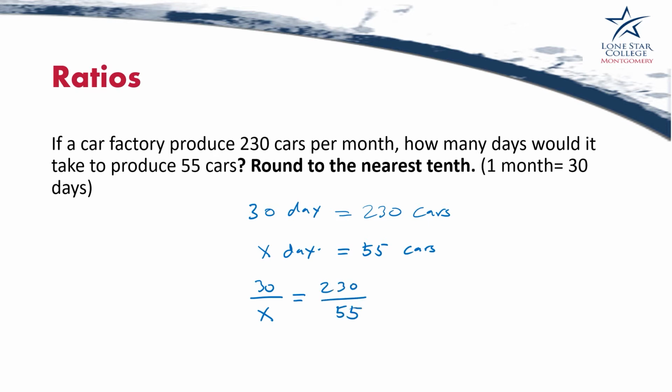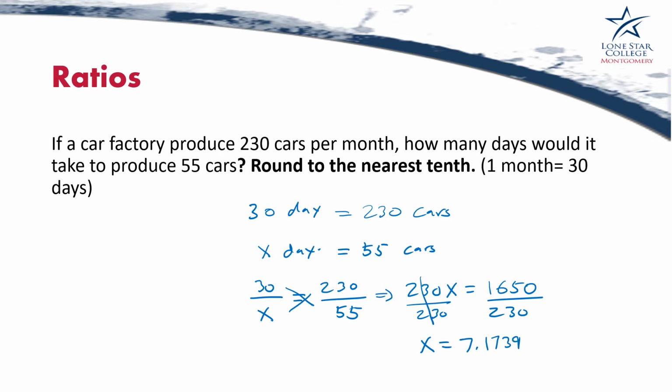And to solve for X, we have to cross multiply first. So that gives us 230 times X, which is 230X, equals, so if we do 30 times 55, that gives us 1,650. And to solve for X, we just divide by 230 on both sides. So that cancels out on the left. If we divide by 230, we get